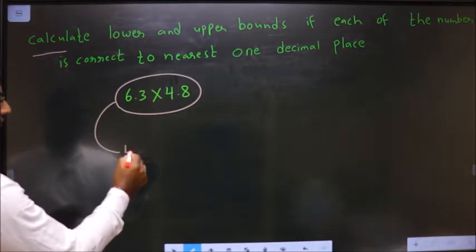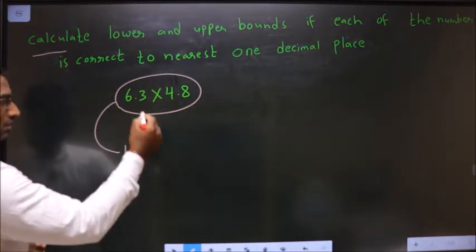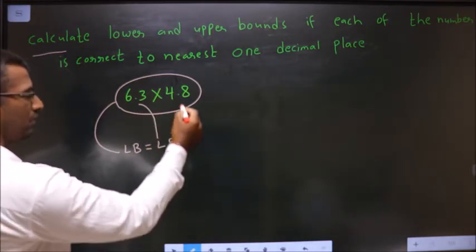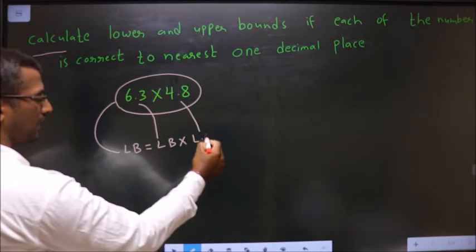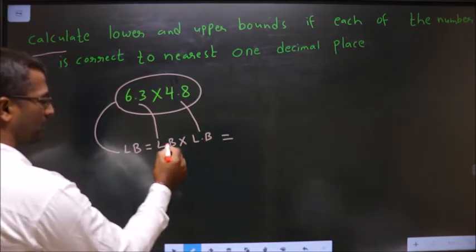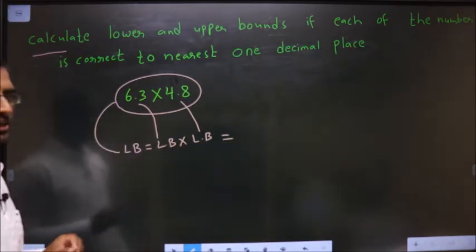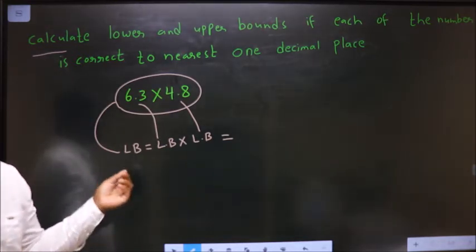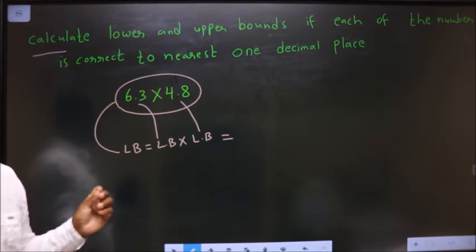To get the lower bound, for 6.3 you should take the lower bound. For 4.8 also you should take the lower bound. Multiply these two, the result will be the lower bound. In multiplication, both should be lower, the resultant will be lower. Okay. Now,